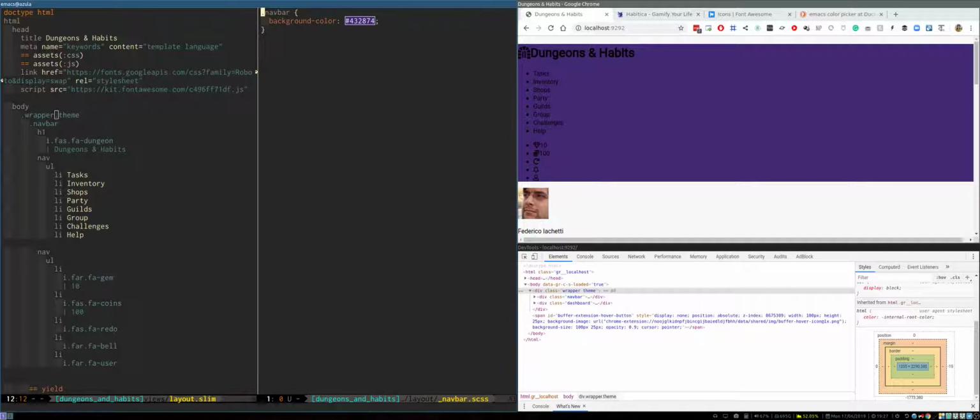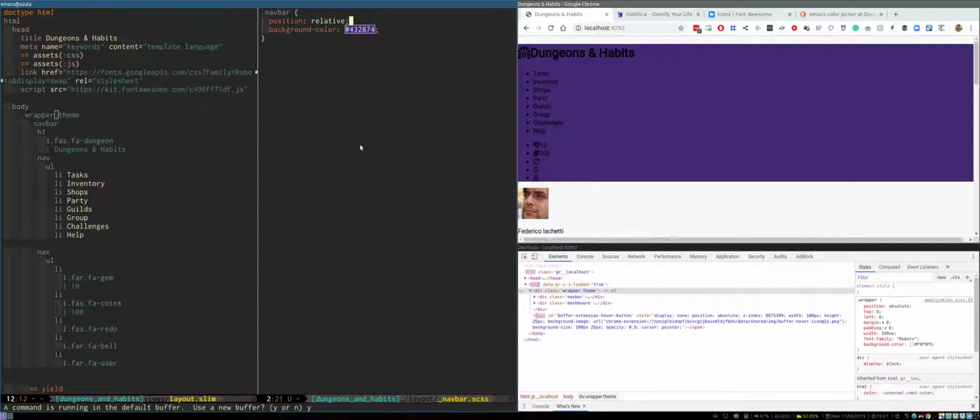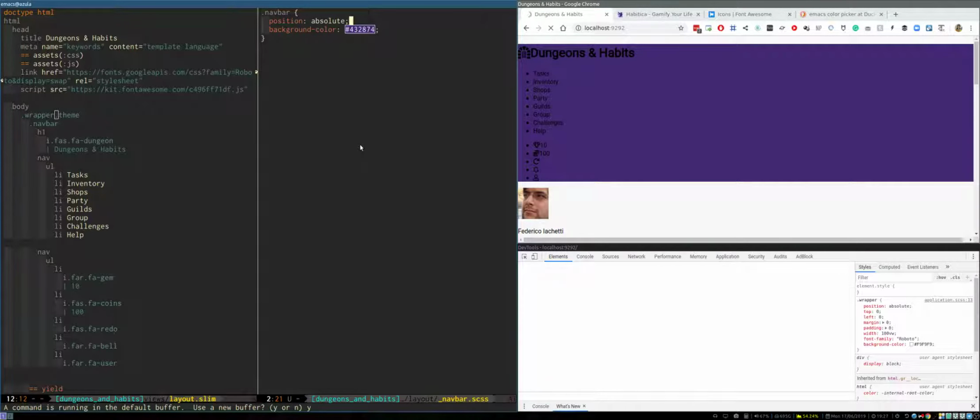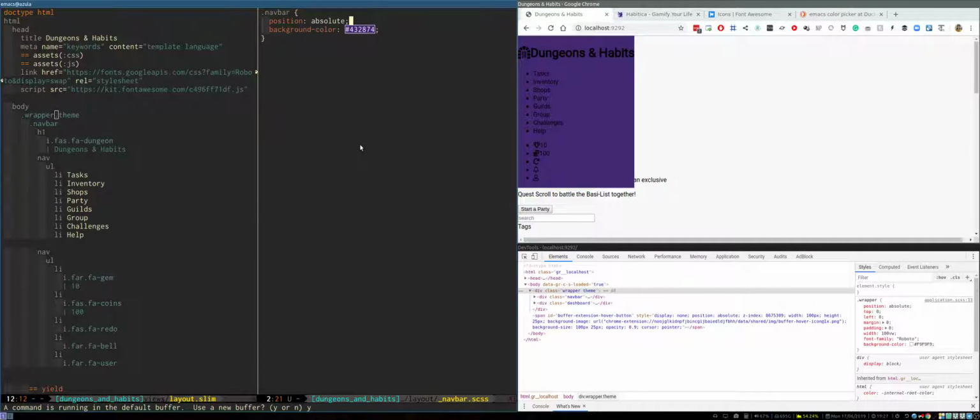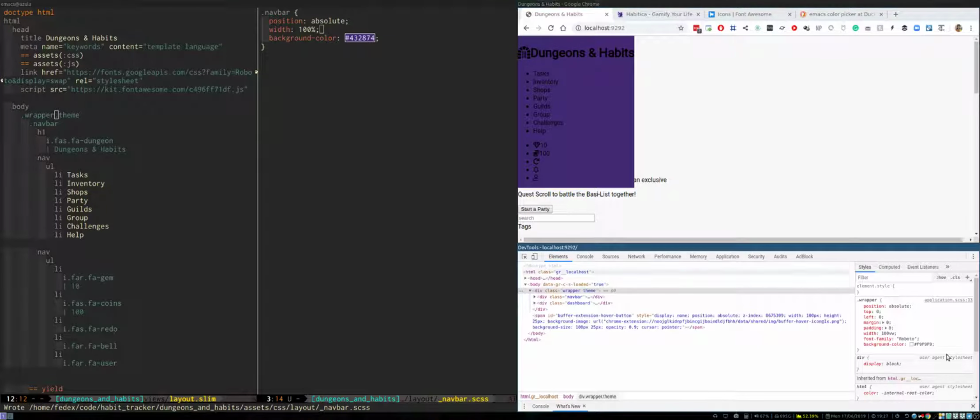The navbar. Absolute, and should we put 0, 0? Width should be 100%, and